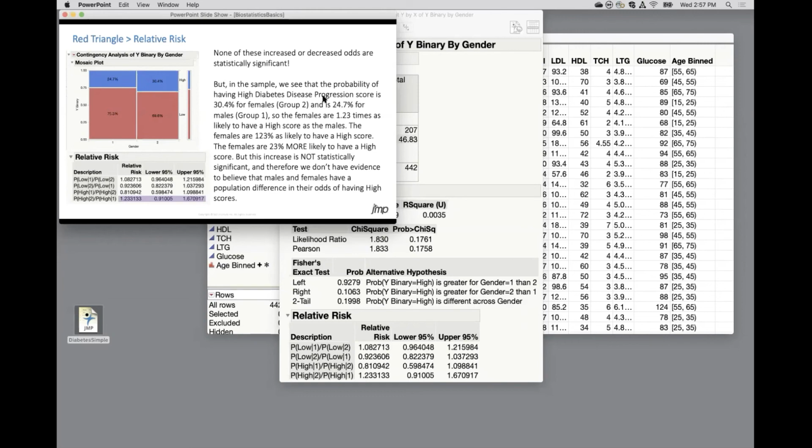So this is like the odds ratio in that we see in the probabilities here, the probability of having a high diabetes disease progression score for females is 30.4. The probability for males is 24.7. And then if we take the ratio of that, 30.4 over 24.7, that's how we get this number, 1.23. So females are 1.23 times as likely to have a high score as males, which is the same as saying they're 123% as likely to have a high score, which is the same as saying they're 23% more likely to have a high score. But even though we find that females are 23% more likely than males to have a high score,